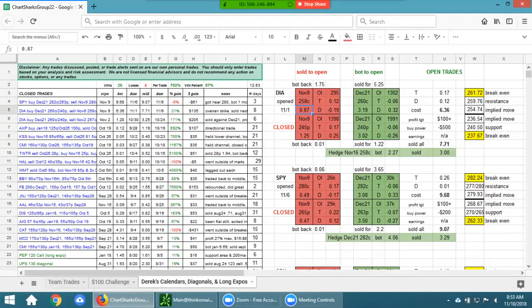I think there was like $19 remaining in just extrinsic value on Thursday. So probably what I should have done was close that one out on Thursday and sell both of these calls too, the December 21st and the November 16th call. I would have had a little bit more profit there. But just doing the straight double diagonals, I would have actually been sitting at a loss on